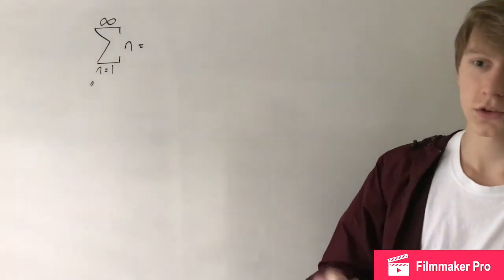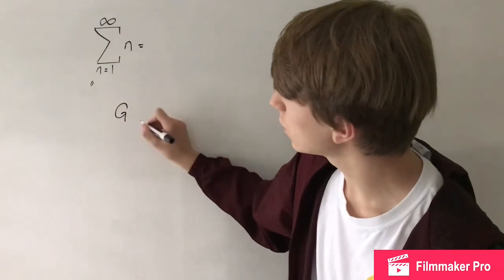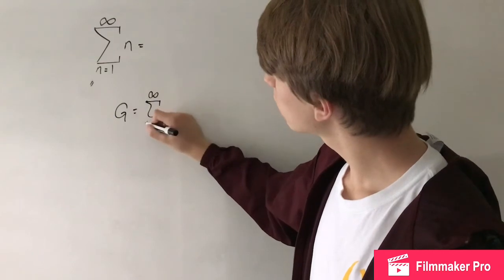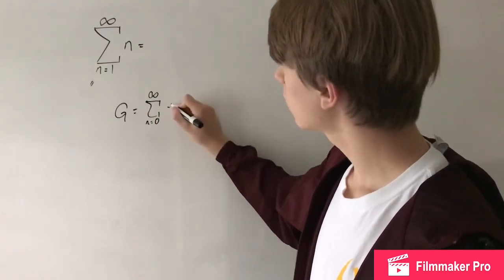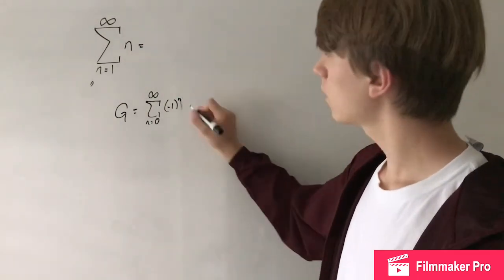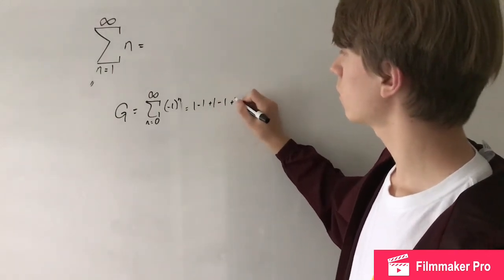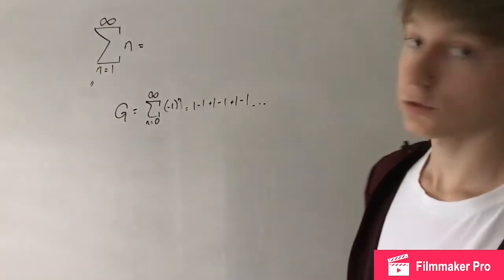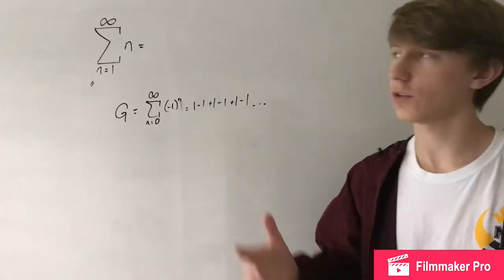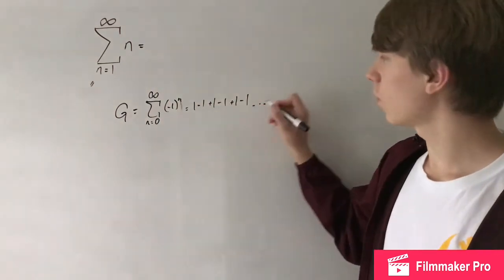So he began with a series called Grandi's series, which is denoted G, which is basically just 1 minus 1 plus 1 minus 1 plus 1 minus 1, just do that forever. So the way he evaluated this was his first mistake that proves that this is not correct, that it's not negative 1/12. He assumed that this is equal to 1/2